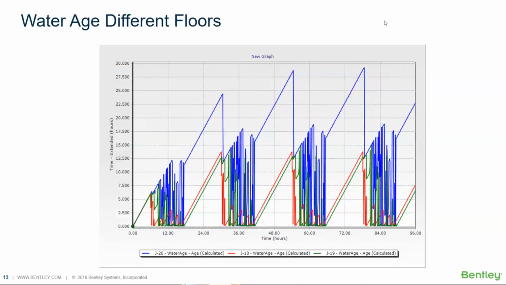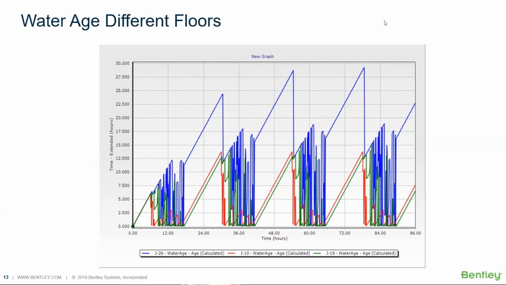Here's that same building, where during the day, as soon as somebody turns on a faucet, the water age drops at that particular location in the system. While at night, when there's nobody in the building, the water just ages as you'd expect. It gets 1 hour older every hour. And we could track this at multiple outlets inside the system.